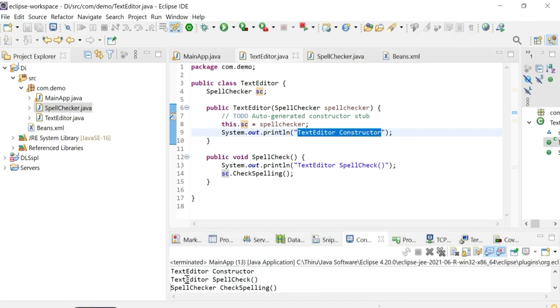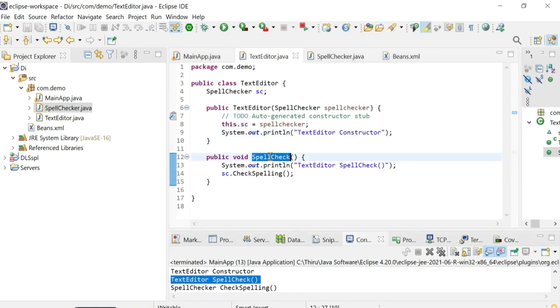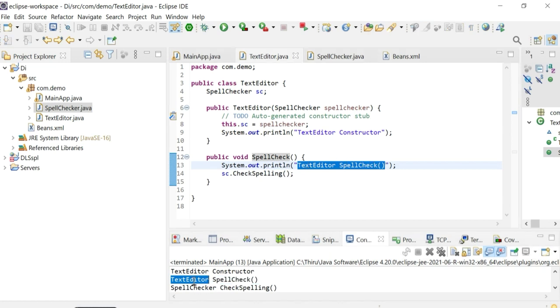Then text editor spell check. In main app we create the text editor object, and then we call the text editor spell check method. When the spell check method is called, text editor spell check is printed on the console.